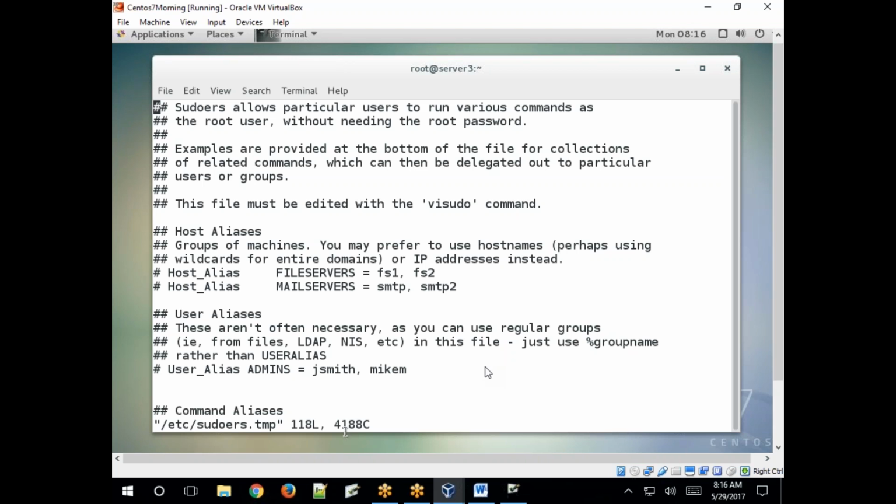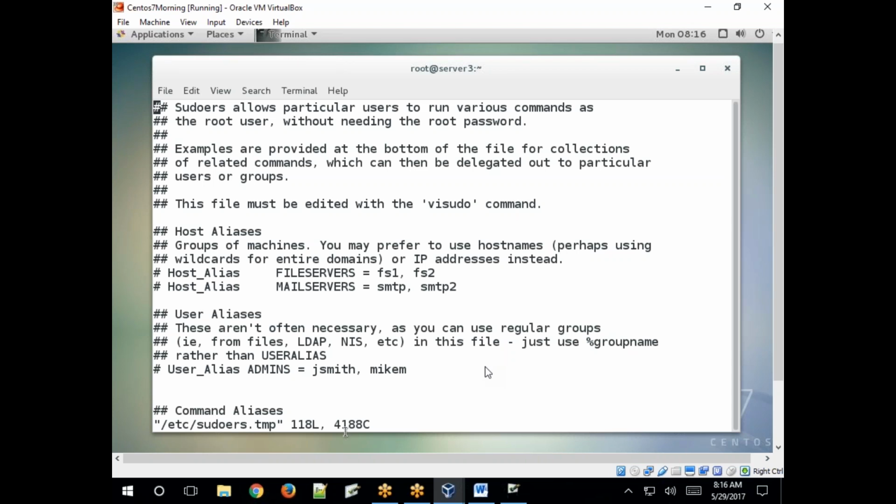Whichever tasks you allowed for that particular user, he can perform. So we can allow specific tasks: creating users only, setting passwords, installing packages, or network related services. If you want to allow a user to start network services, configure the IP address, or modify the IP address, all those commands and configuration files are there.